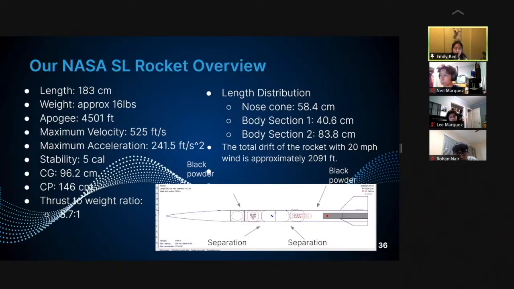So here's an overview of the dimensions for our NASA student launch rocket. The length is 183 centimeters, weight is approximately 16 pounds. Apogee, or the highest height that it flies, is 4,501 feet. The maximum velocity is 525 feet per second, and maximum acceleration is 241.5 feet per second squared. And our thrust to weight ratio is